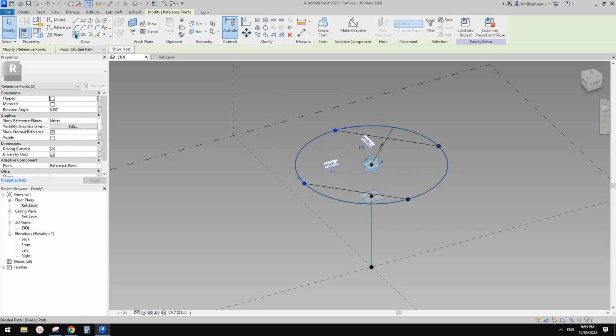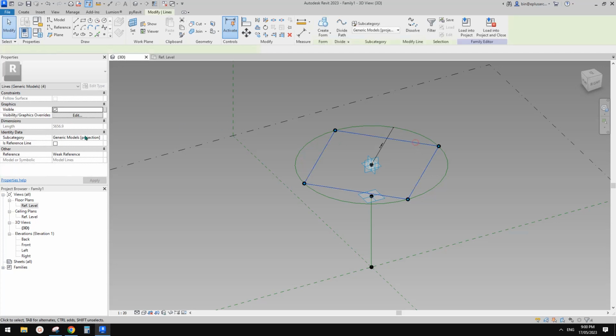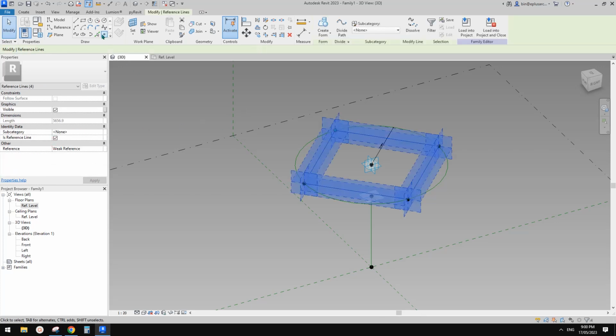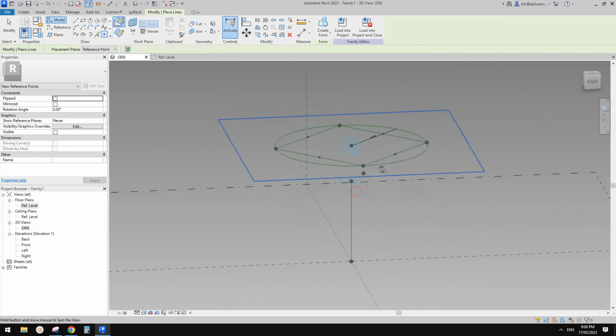So we have those. We have these. We have these. Okay. And then make them reference lines and place a point. Use draw on face and place onto the midpoint. And then we can